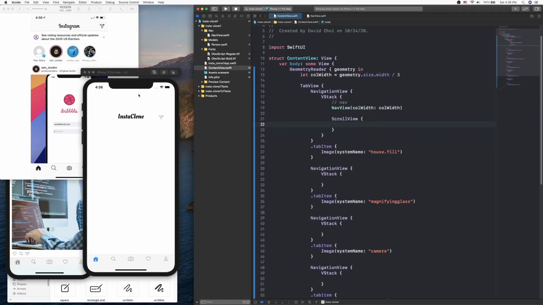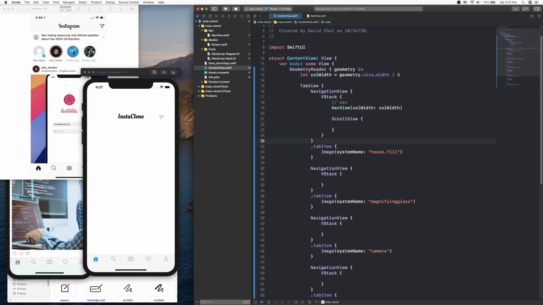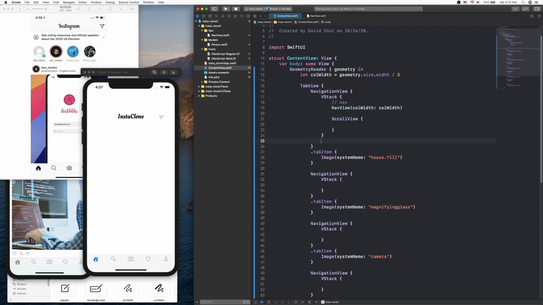So the reason why this thing isn't pushing all the way to the top is because the navigation view, actually this is a good topic to talk about. The navigation view has its own implicit header right here. So when you want to modify that, you would think you do navigation bar item or title or whatever, and then you just get rid of it that way. But the way the navigation view works is that